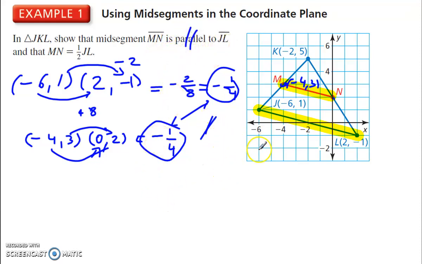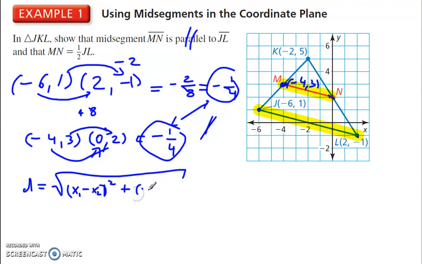Very nice. Next, I want to determine that MN is 1/2 of JL. In order to do that, I'm going to use the distance formula. That means I will set up the distance between the two points: change in the y's squared plus the change in the x's, or the other way around, it doesn't really matter. x1 minus x2. The order of that doesn't matter either because we're squaring them. Plus the change in the y's, y1 minus y2,